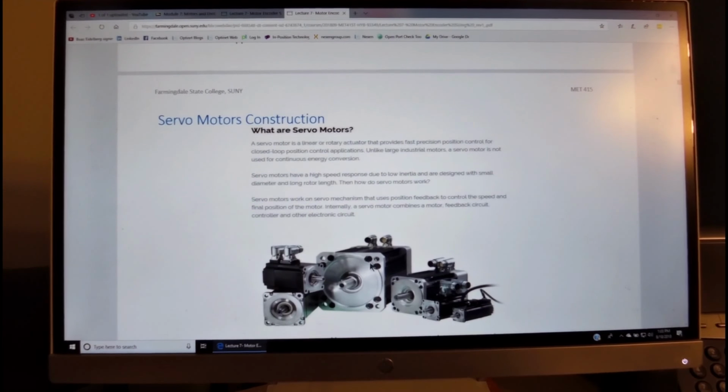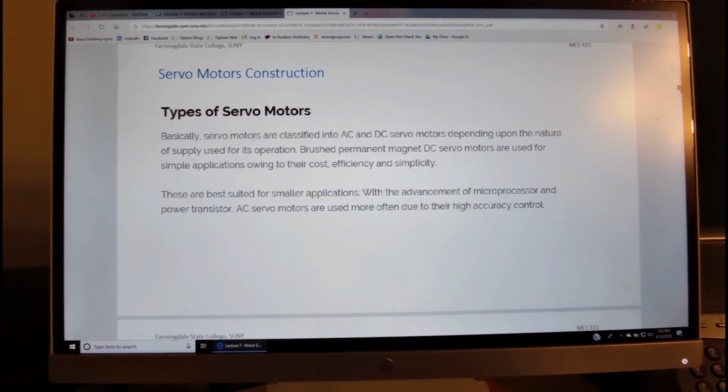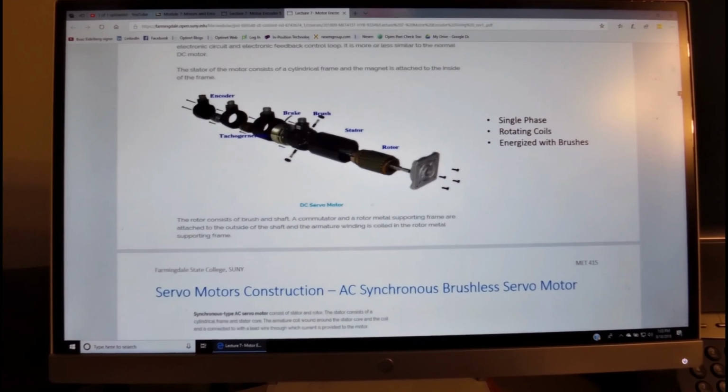That's the way the servo motors look like, and many of them come with plug-and-play connectors, mounting holes for the motor to be mounted to the system, and then one plug is for the commutation of the current, and another one is for the feedback device. We have two basic types of motors, DC servo motors and AC servo motors. We'll see how each one is being constructed.